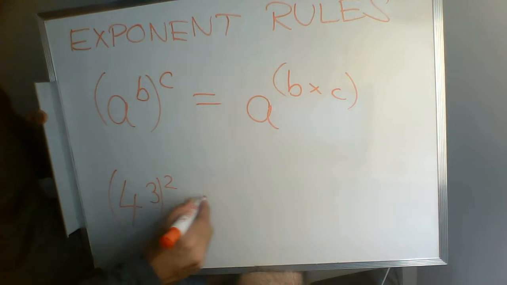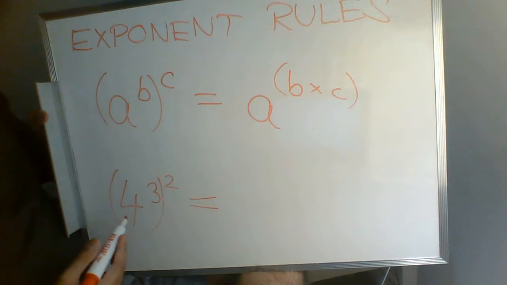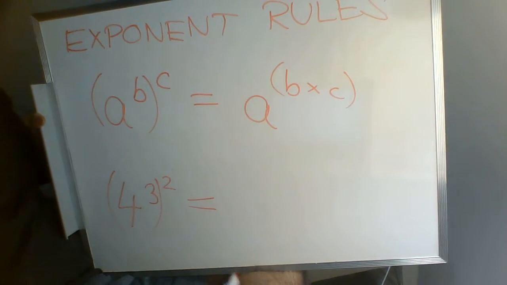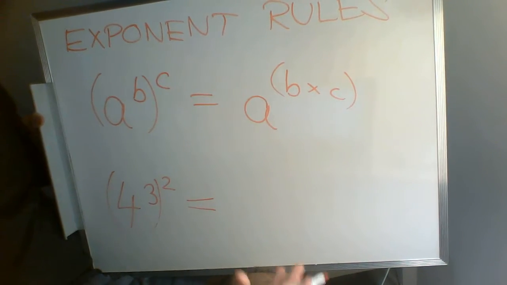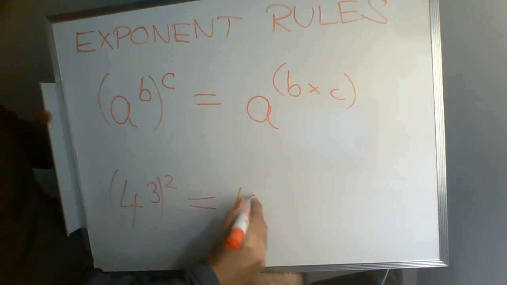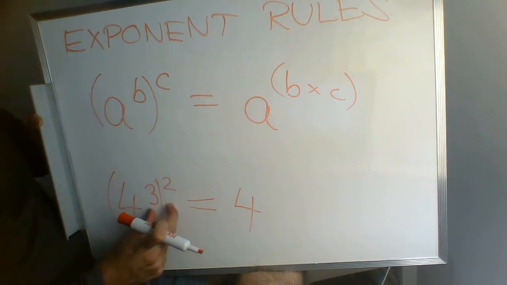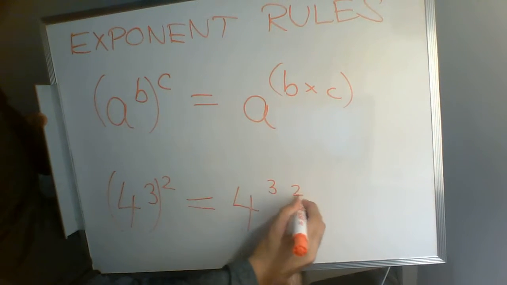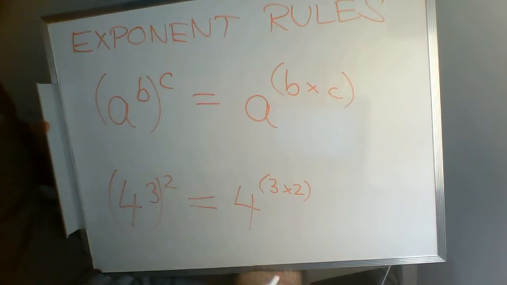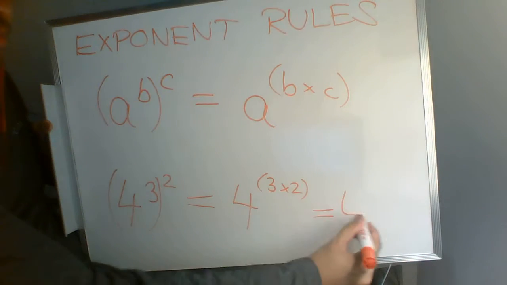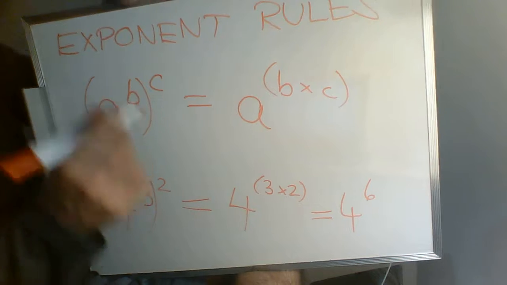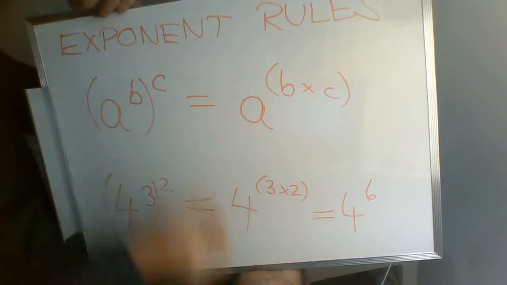So if you've got something like that, alternatively, you could start with 4 cubed, which is, well, 4 times 4 is 16, times 4 is 64, and then do 64 squared. You could do that, or you could say, okay, my base is still 4, and I'm going to take those 2 exponents, 3 and 2, and multiply them together. So I'm going to have 4 to the exponent 3 times 2, which is 6. So we've got an exponent of 6, and then you can punch into your calculator